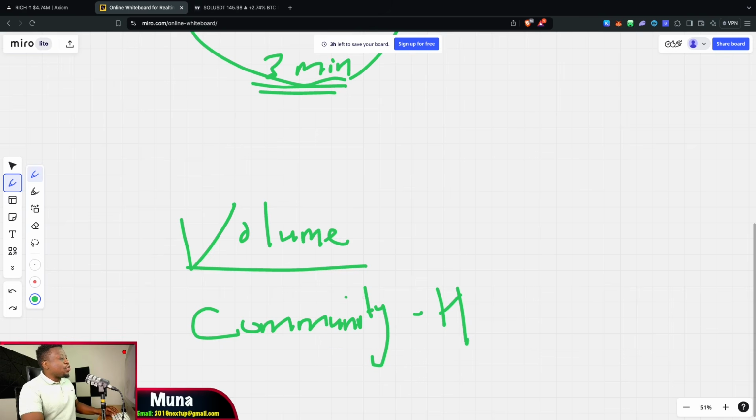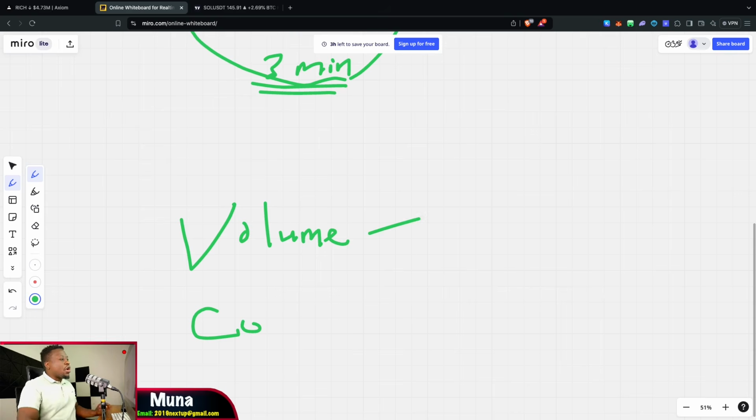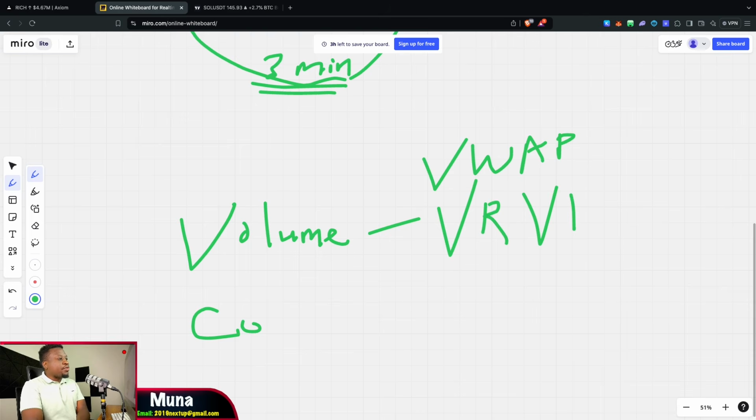So when it comes to volume analysis, right, what type of indicators are you going to be relying on in order for you to figure out what the volume is doing? So you've got the VWAP. VWAP is one indicator that you can use. You also have a VRVP, volume range, volume profile indicator. VRVP. So if we go on TradingView, for instance, right,